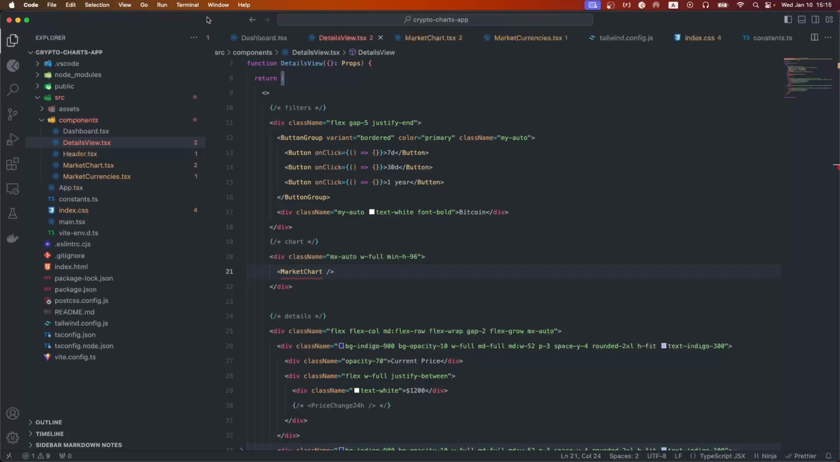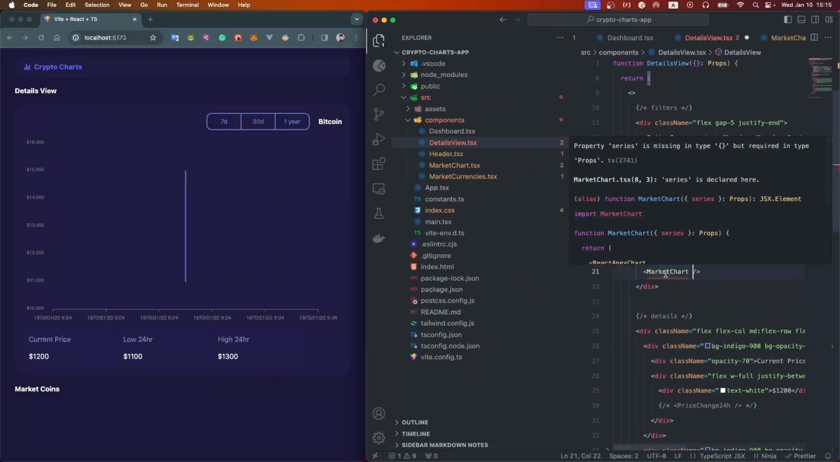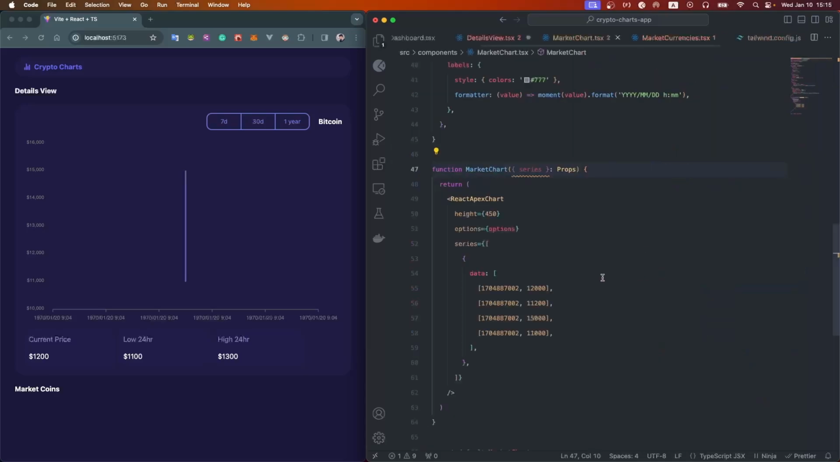now let's check it out. All right, so if we change the data timestamp, we should see a kind of a currency chart. All right, our chart is working correctly. So next,